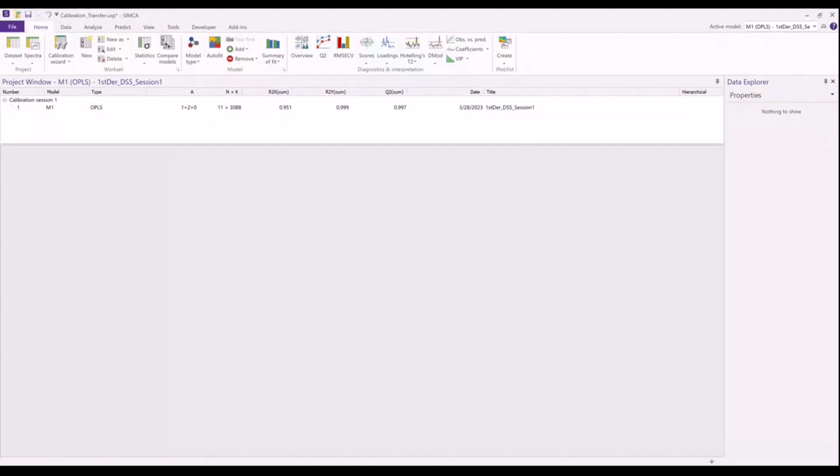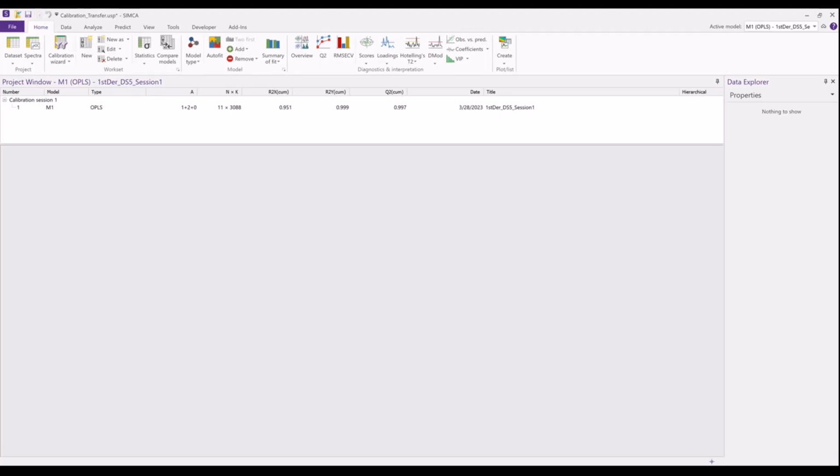In this video, I will demonstrate how to build a calibration transfer model, which is a new feature for SIMCA 18. This feature is limited in scope at this time and is intended to allow models built on one instrument with one probe, let's say before calibration, to be used on another instrument with another probe or after calibration. And in SIMCA 18, these will be referred to as the parent prior to calibration and the child post that